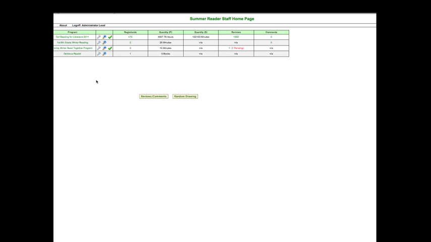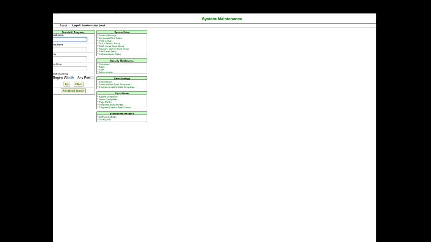So to get started with your programs, we've already defined all of the parameters within those two programs. However, when you first get your program, there are some modifications that you're going to have to make. To do those, we're going to come up to the toolbar and select System Maintenance. From System Maintenance, we're going to come over to System Settings,